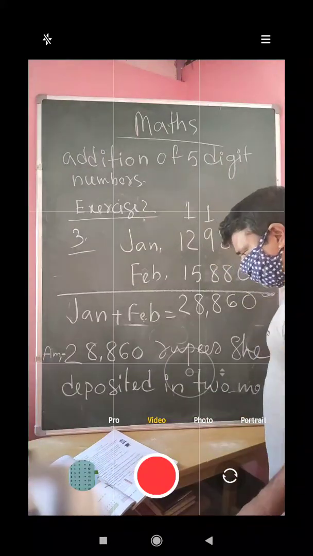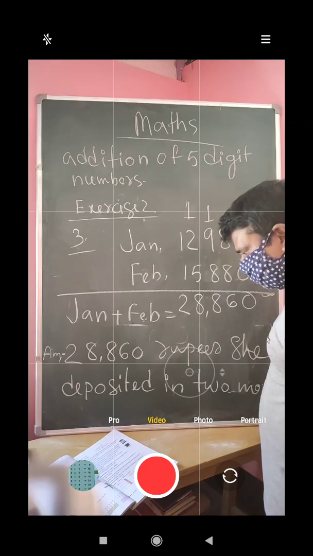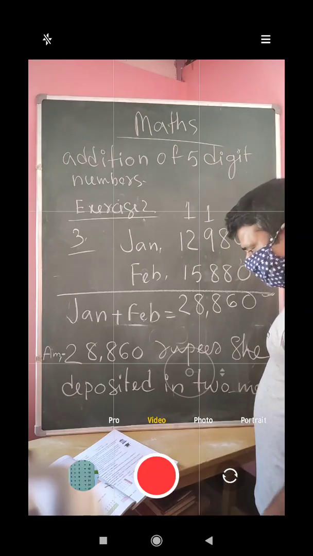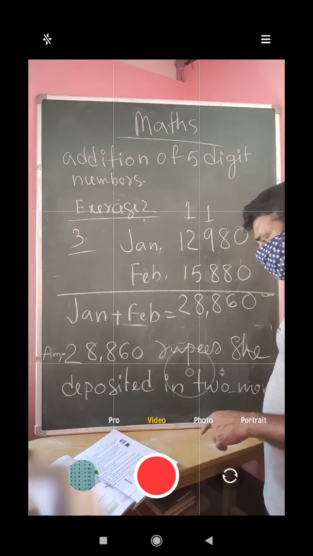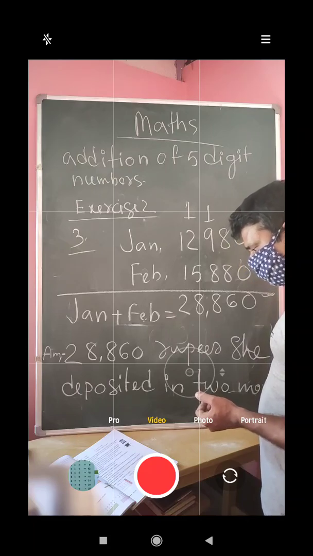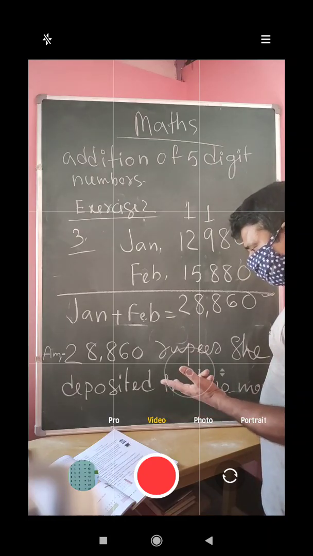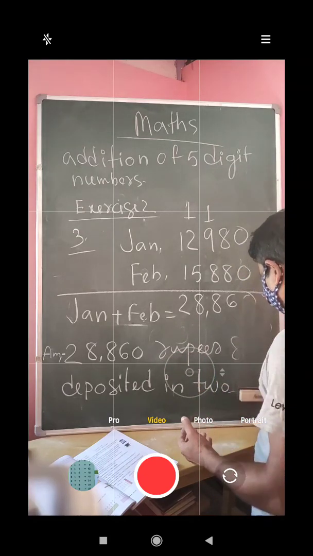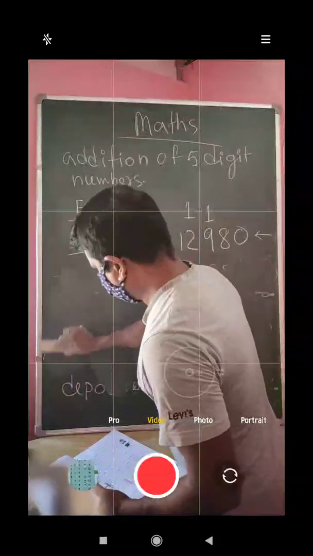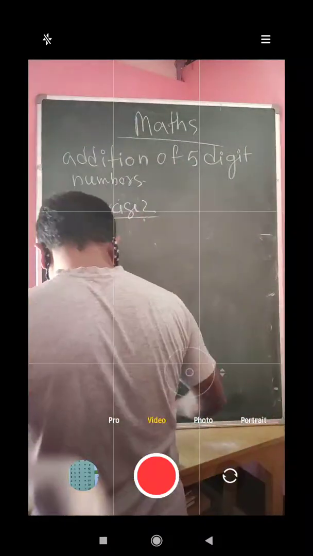Number 4 is, in a village there are 45,356 men. The number of women is 2,879 more than the number of men. More than the number of men in the sense, already 45,356 women are there and 2,879 more women are there. So how many women are there in the village? So what we do, we'll have to again add these both, okay, so that we will get that total women number in the village. So this also we will have to write. Okay, this is question number 4.